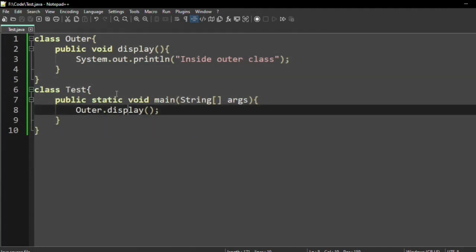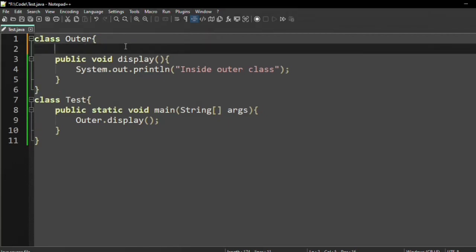So from this example we know that we can access the static members of a class without creating objects of that class, and with the name of the class we can directly access the static members, because the static variables or the methods are members of the class, not members of the object, or not associated with the objects. So similarly here,